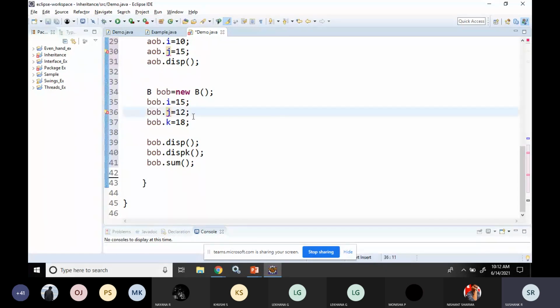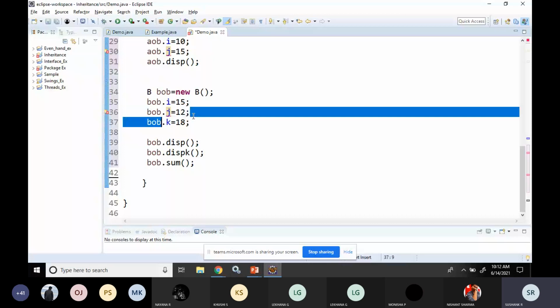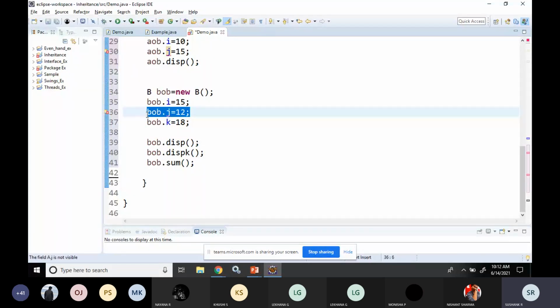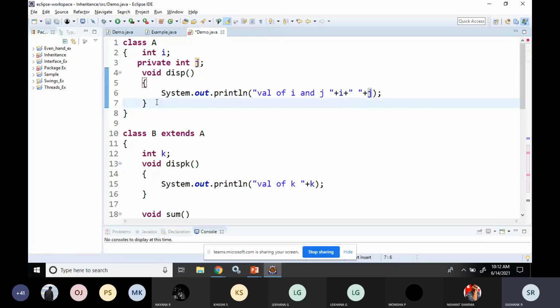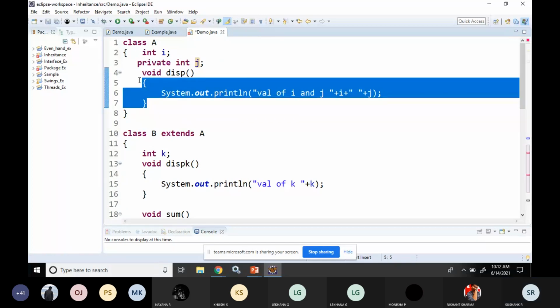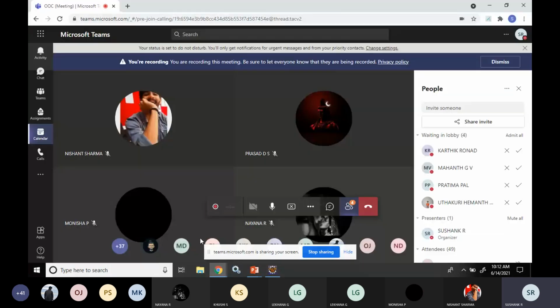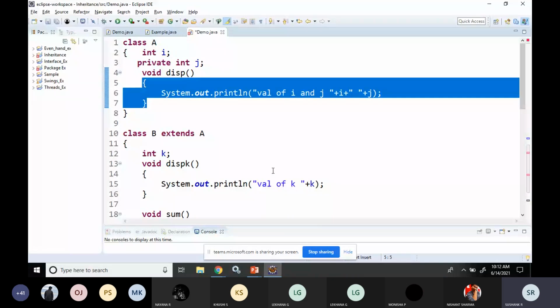It is not visible, it is not accessible. It can be accessed only within this class. Outside this class, you cannot access it. So this is what happens when you declare a class member as private.